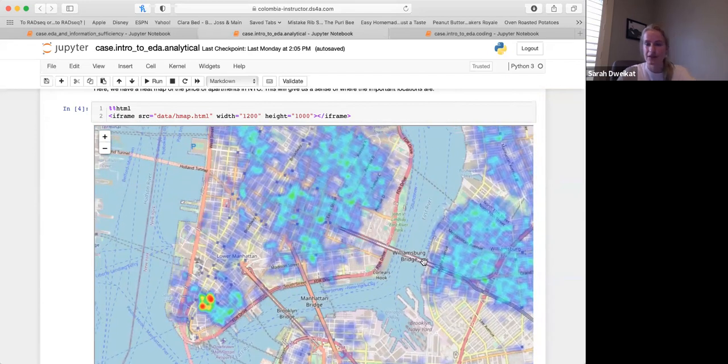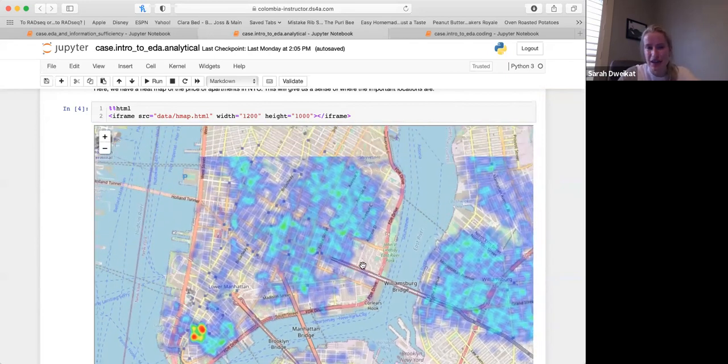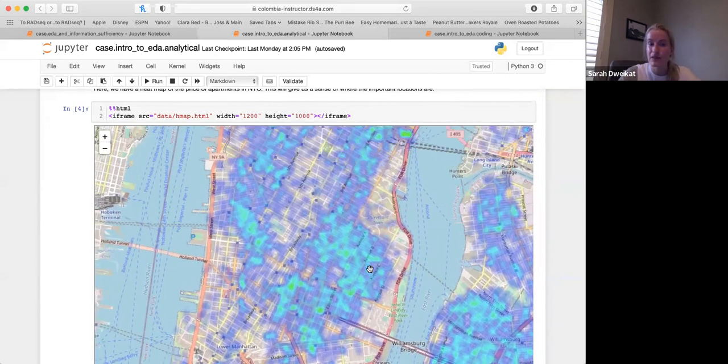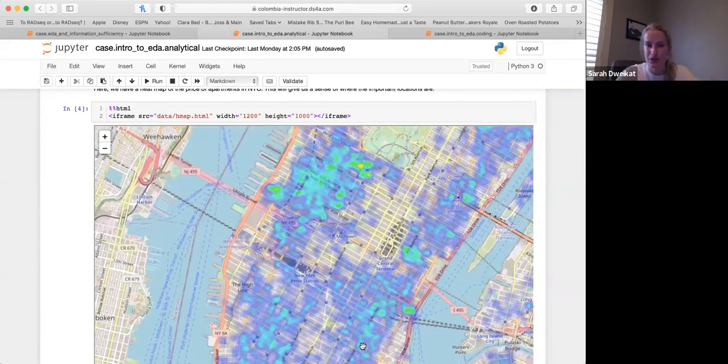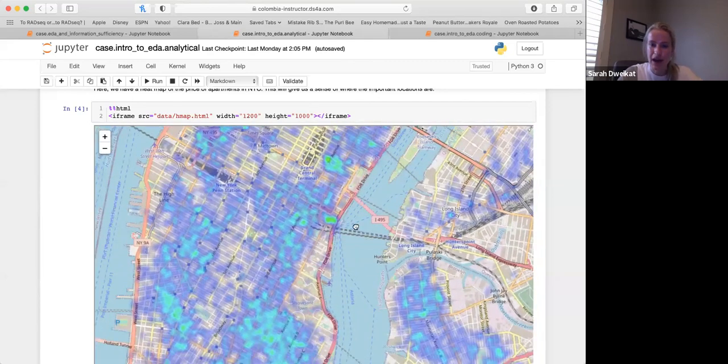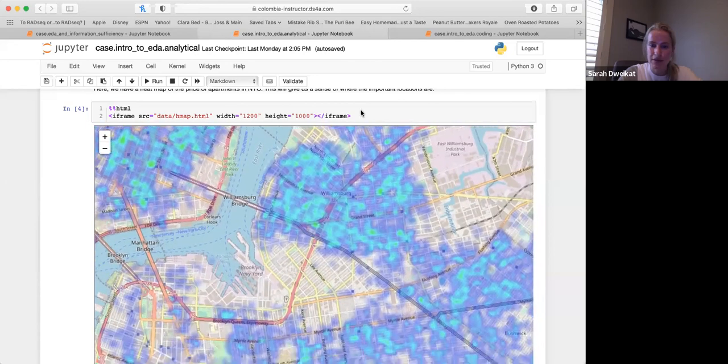I understand navigating these maps might be a little bit difficult if you've never been to New York. I am not from New York, so I also looked around and tried to figure out those important points of interest here, but we just want to know a general location, and that's what makes the heat map great. It color codes it for you so you can figure out those locations of interest, even if you have never been to New York City before. So we can move around on this map and see our data points.